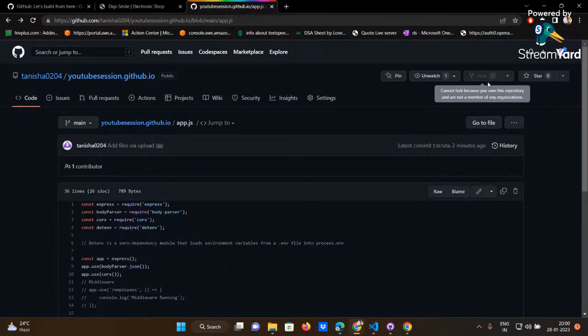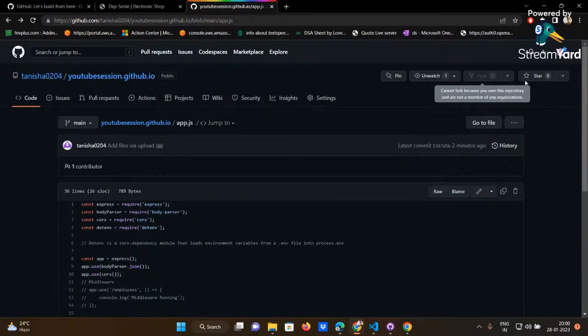Now, what is fork? A feature that allows a developer to create a copy of the repository, where they can work independently. This is useful for contributing to open source projects or experimenting with new features without affecting the code base. I've talked about it a lot throughout the session. I'm pretty sure every one of you is clear why we need to copy the project. We cannot make changes on the real database.